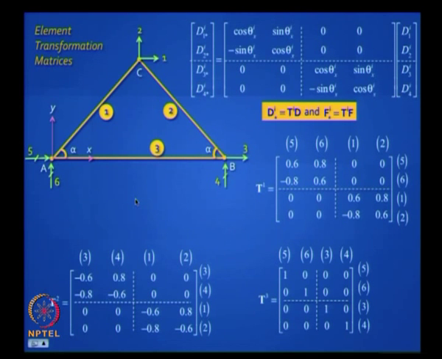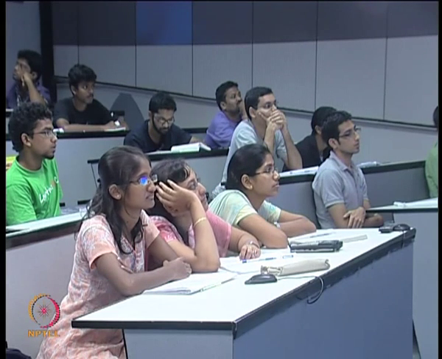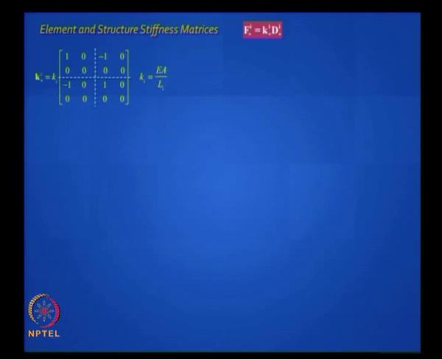Very easy. What is your next step? Element stiffness. You generate the element and structure stiffness matrices. We have done this many times. The second row, the fourth row, the second column, fourth column will be 0. Why? Because they relate to shear forces which are 0, and there is no independence between the first and third also, because one is the negative of the other. The rank of this matrix is 1. So you can generate this.